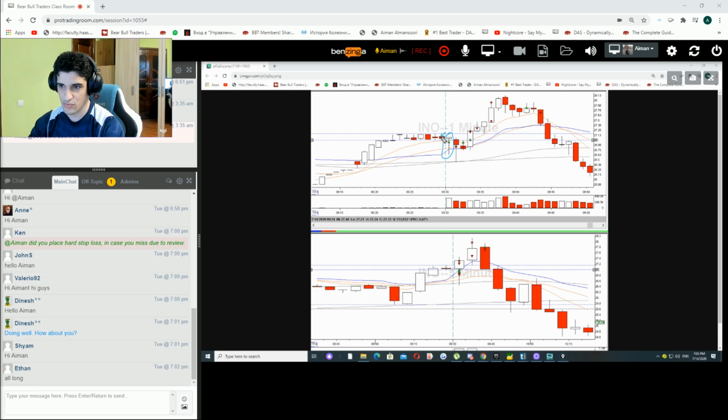Of course, better if you waited for the break of this candle right here. Then you could tighten your stop loss, because if it's breaking the high of the day, or if it's breaking the pre-market level, it's usually running. There is nothing above it, right? So the safest play right here on this candle specifically was waiting for the breakout, and once it's breaking out the pre-market level, you are taking it to the long side, you are tightening your stop loss, and you could just ride the momentum. Right here, you just took it to the long side on the face of the resistance,